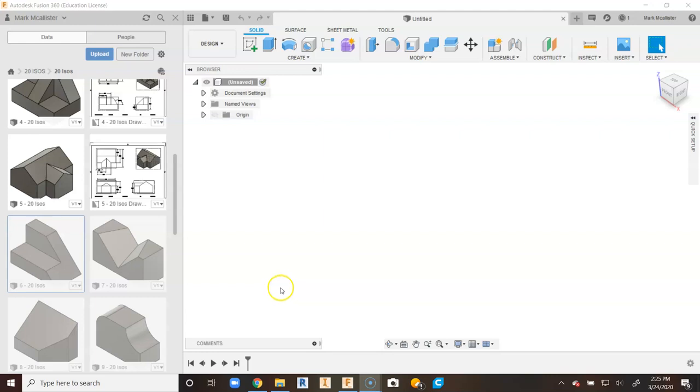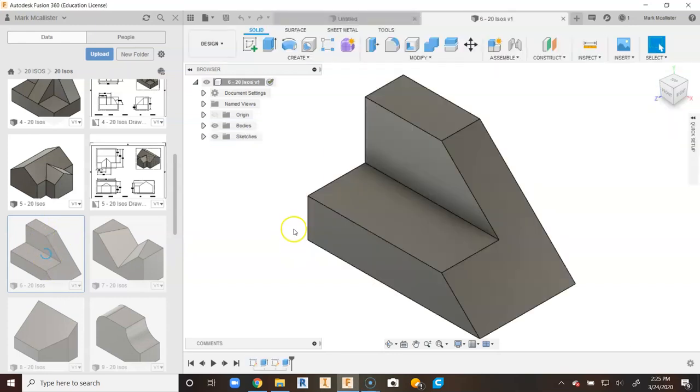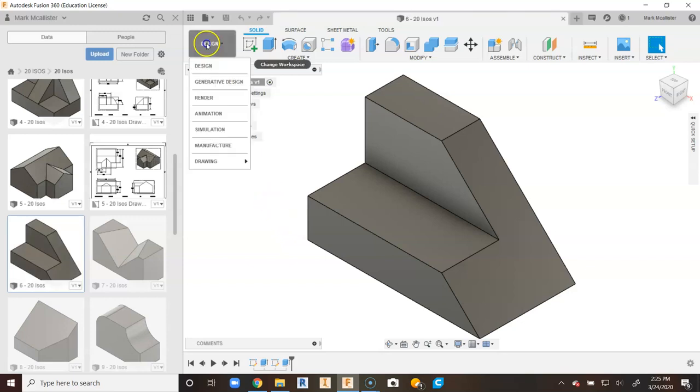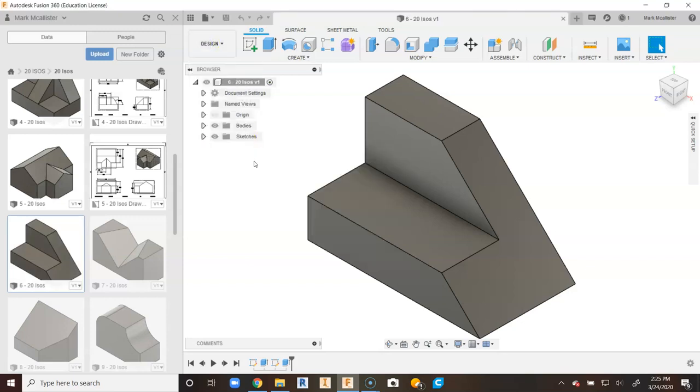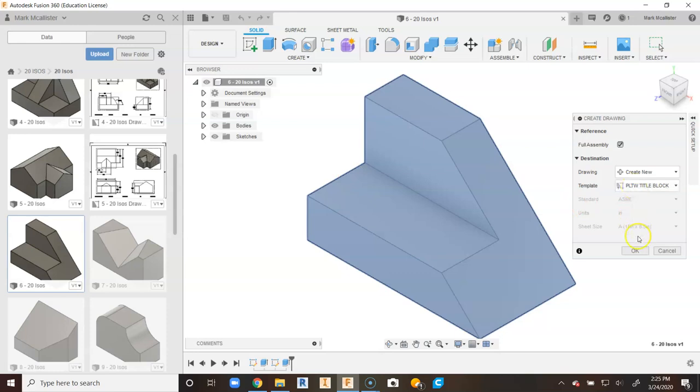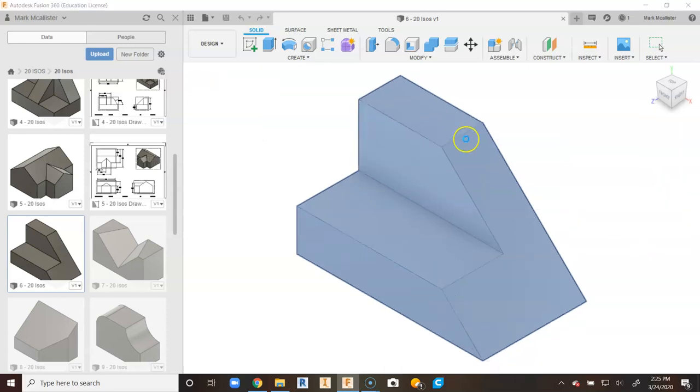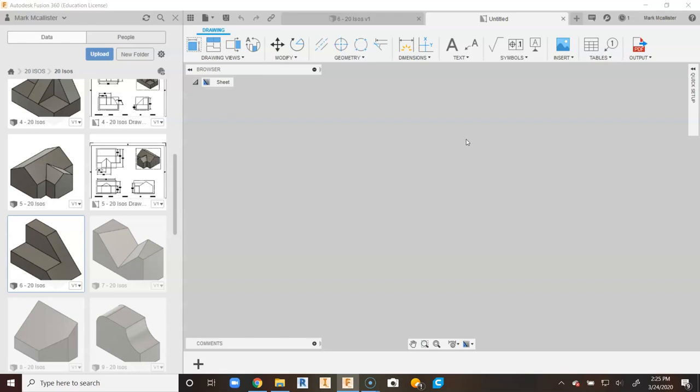This is a video for how to go about creating number 6 out of your 20 ISOs project in Fusion 360. So we will double click on number 6 and we will go ahead and open up the part in our graphics window, and we will go down to drawing and we will go to from design. We're going to stay with our PLTW title block. We will say OK. Once the drawing loads,